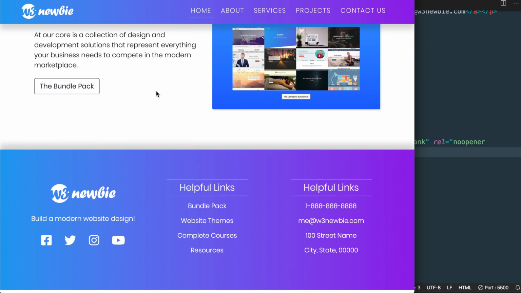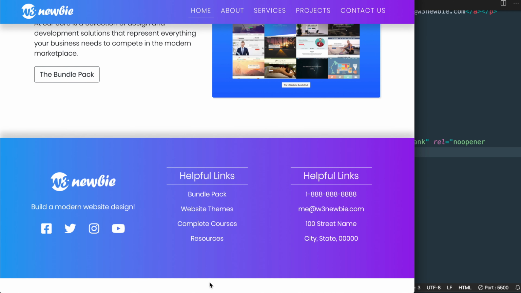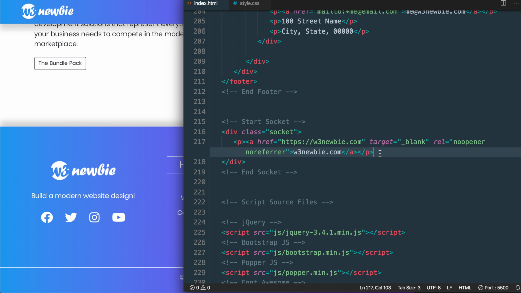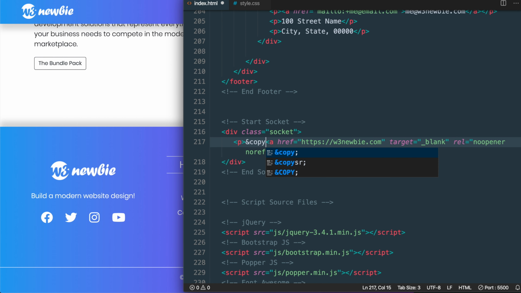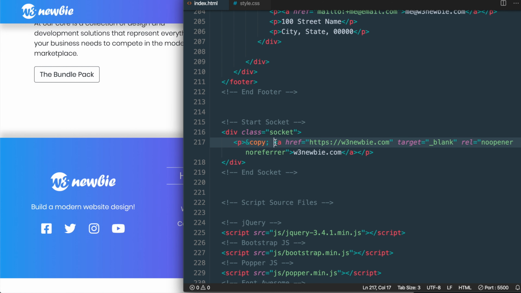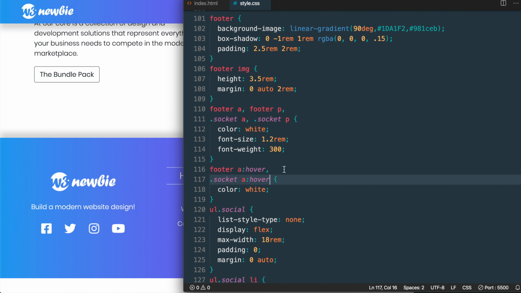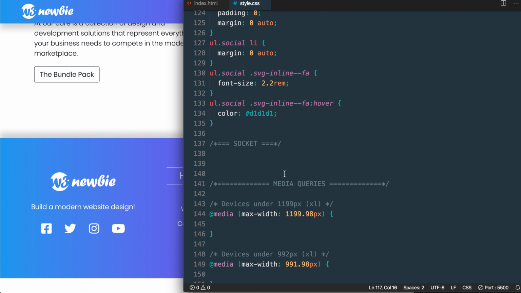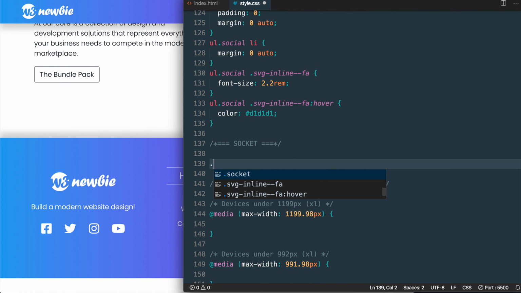And before the link text, which we're not going to be able to see yet because we don't have a background color for the footer, we'll add the copyright symbol, which is ampersand copy semicolon, and we'll also add a space after it to separate it from the link text. Then so we can actually see the text at the bottom of the page, let's add some style to the socket class. So underneath the socket comment here in style.css, let's write .socket to reference the class, and we're going